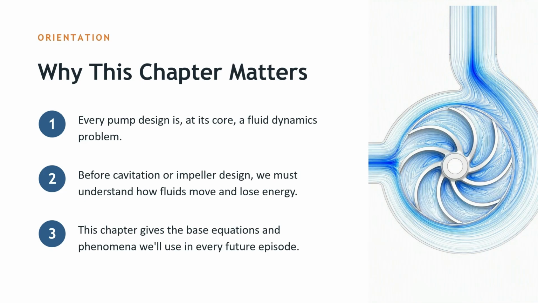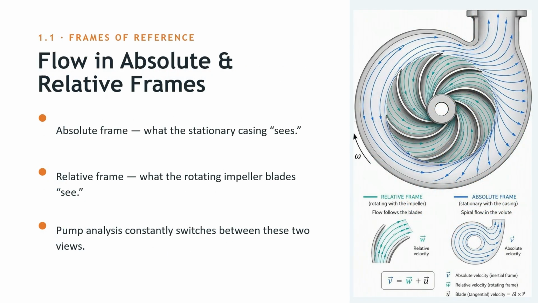Absolute versus relative frames. When you look at a pump, you can describe the flow from two different viewpoints. From the absolute frame, you see the flow as the casing sees it, stationary, watching the fluid move through. From the relative frame, you stand on the impeller blades and watch the fluid move relative to a rotating surface. Pump design constantly switches between these two frames. When we draw velocity triangles on the impeller, we're using relative velocities. When we look at the system curve and inlet/outlet conditions, we're usually thinking in absolute terms. If we don't get this frame change right, our understanding of blade loading, head generation, and secondary flows will always